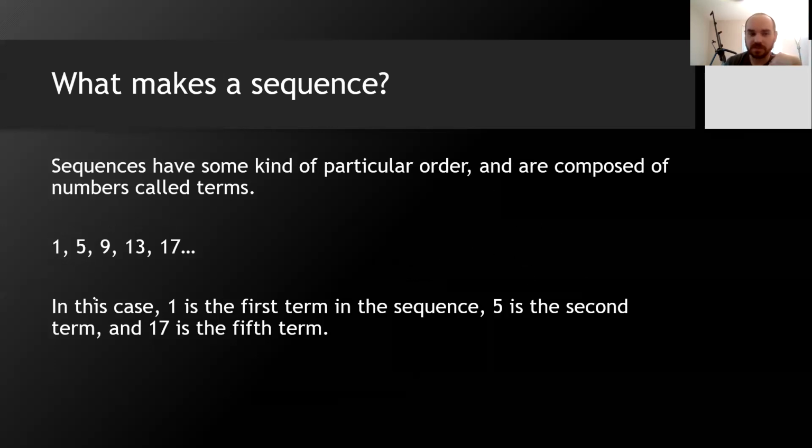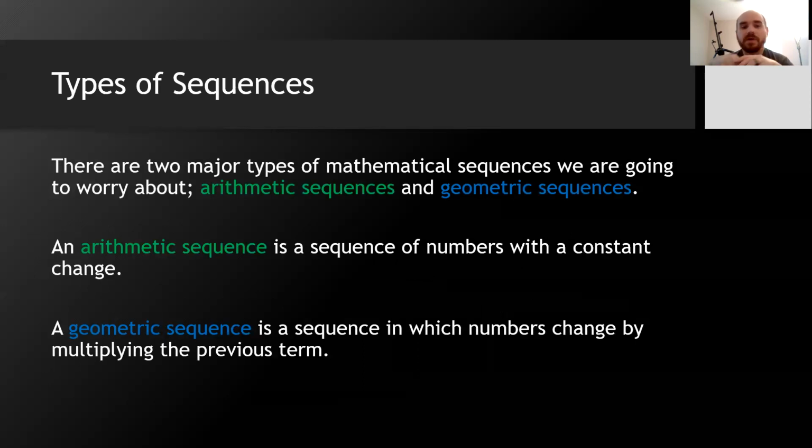We're almost exclusively looking at sequences that have a defined start, though. So that way we can use a first term. There are two major types of sequences we're going to talk about: arithmetic sequences and geometric sequences. An arithmetic sequence is a sequence of numbers with a constant change. So the number is always going to be going up by the same amount, whether that's 2 or 4 or 6 or whatever, -3, 1/3. But as long as you're adding the same amount to each number to get the next one, or subtracting, I guess, whatever, however you want to think about it,